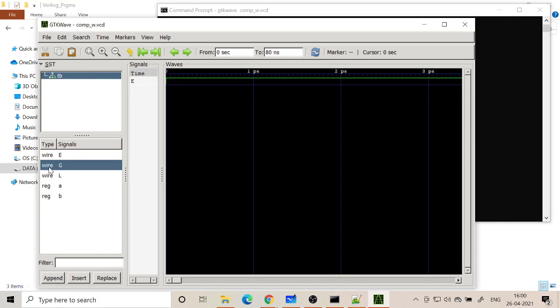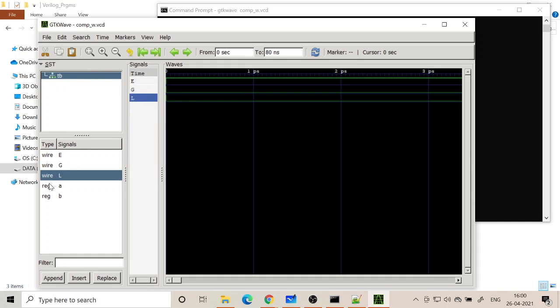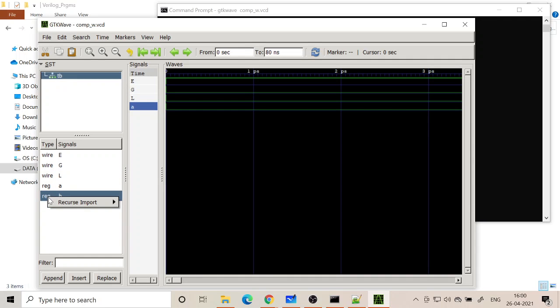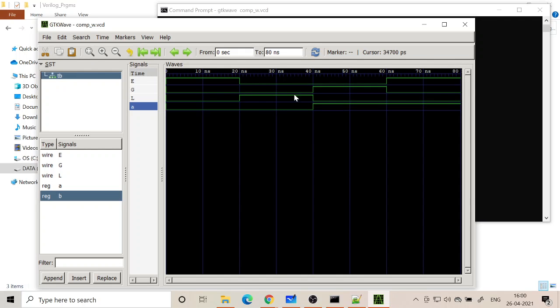Okay, I think maybe by default it is like this. It's the same thing. So I fit into the screen. Alright, so there is no difference. Okay, there are some scale. If I see the full waveform, I can see some scale here: 10 nanosecond, 20 nanosecond, which is divided into